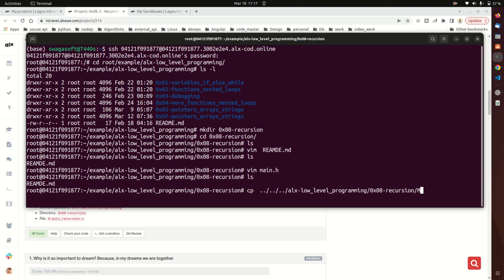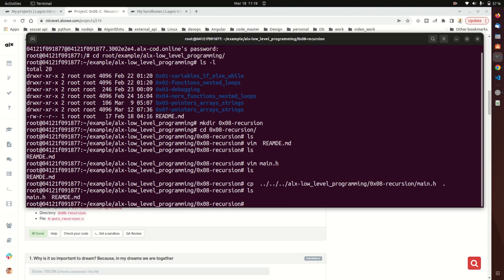It should not be capital letter. main.h in the current directory. So if you look at mine, you need to check if the file is there. Definitely is there. You can see the file is there, main.h, and you can see the content of the file,